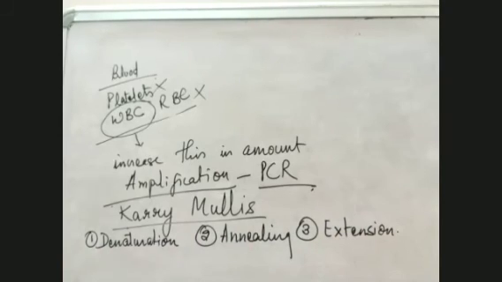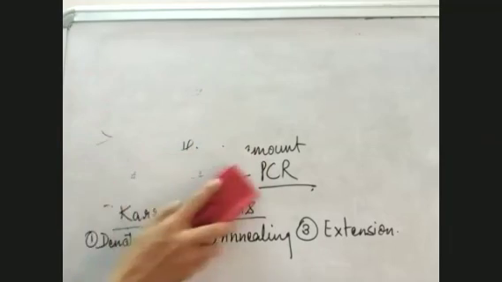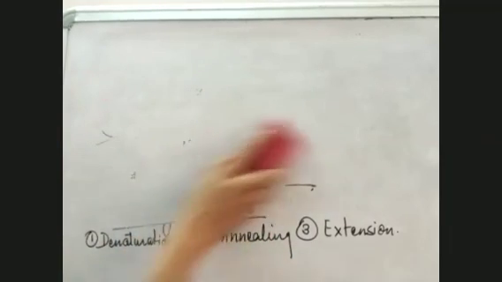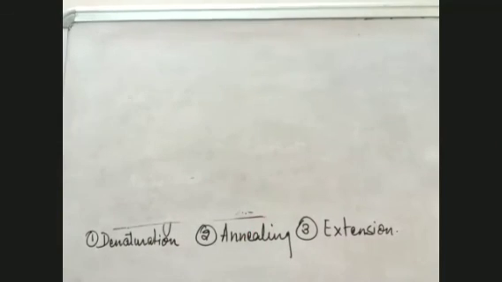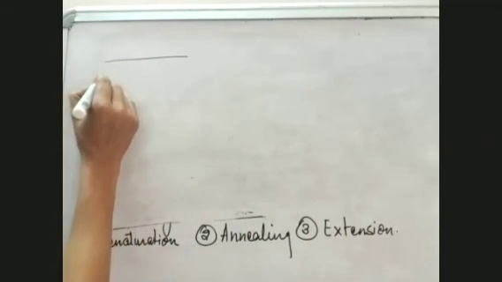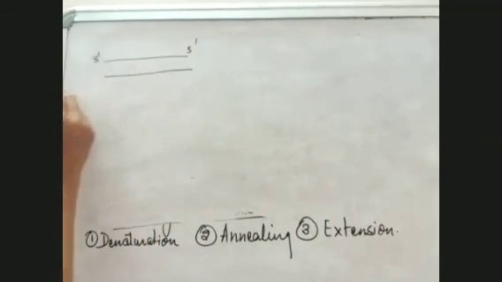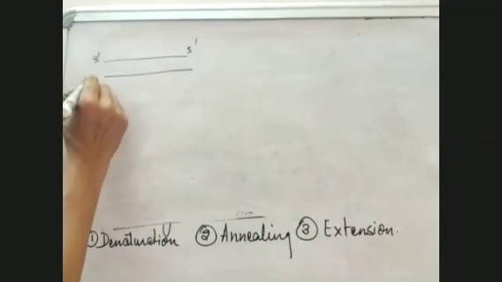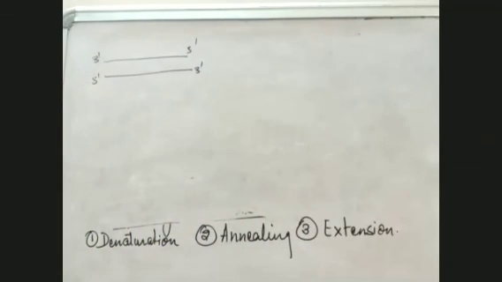Now this is not a very big process. This is a small procedure which I'm going to tell you just now, so that we finish with this. Then we'll be left with only one topic of this chapter that we'll do on Monday. Now here, what is done in denaturation? The DNA we have is double-stranded like this. Here we have 3', 5', and then, opposite of this, 5' and 3'. So this is the way we have got the DNA.